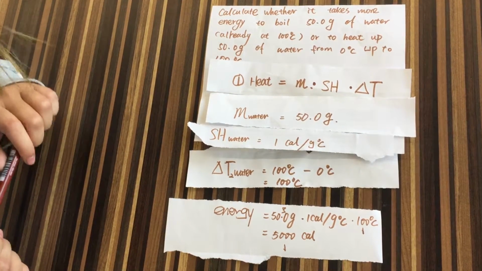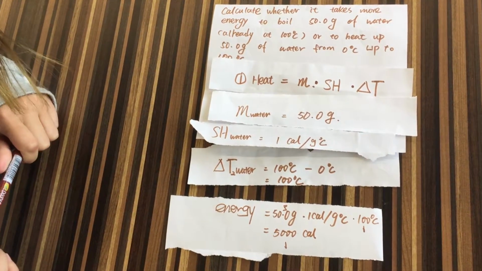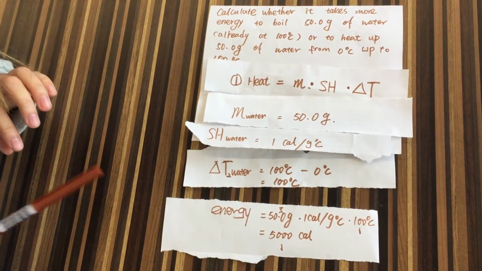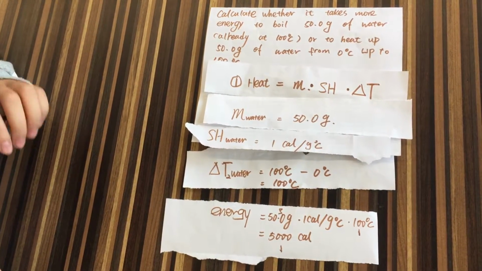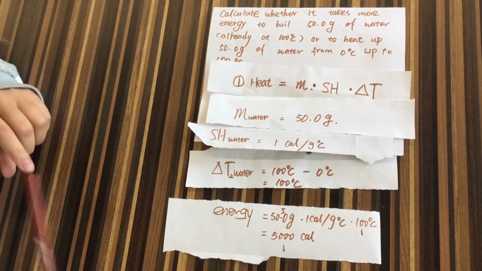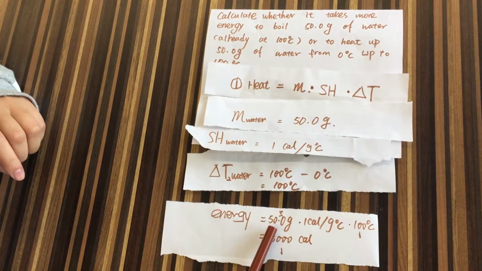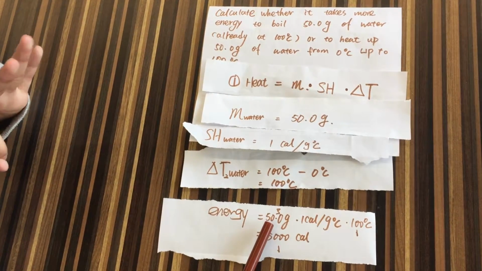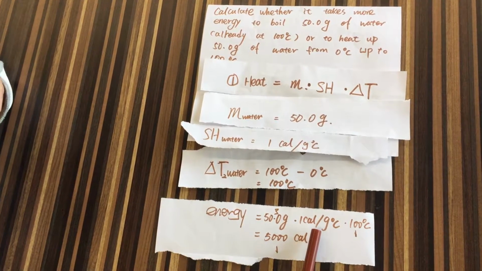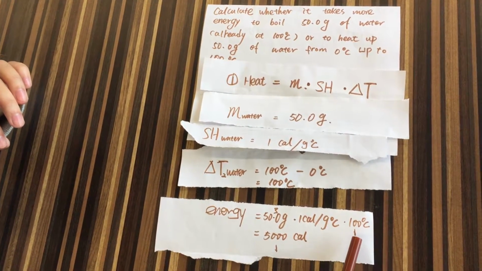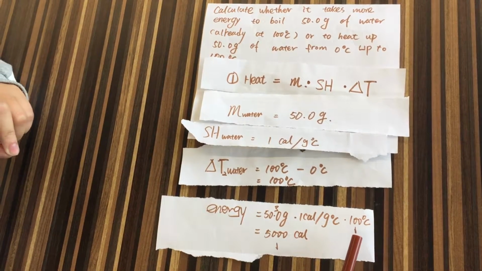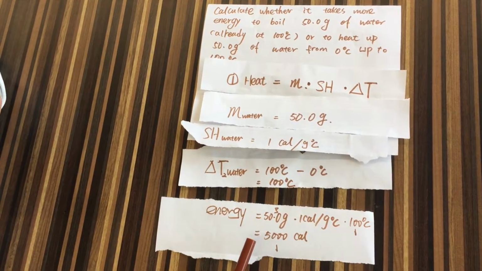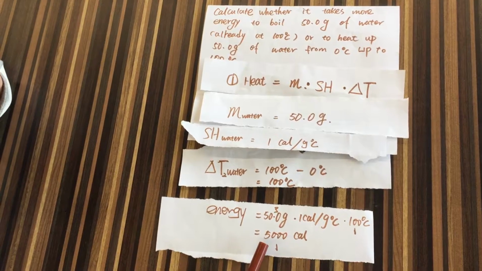So we get 5000 cal. In the last step, we should notice the significant figures. How many significant figures in this case? 50.0 grams has 3 significant figures, this is exact, and this 100 degrees has 1 significant figure. So finally, we get 1 significant figure for the